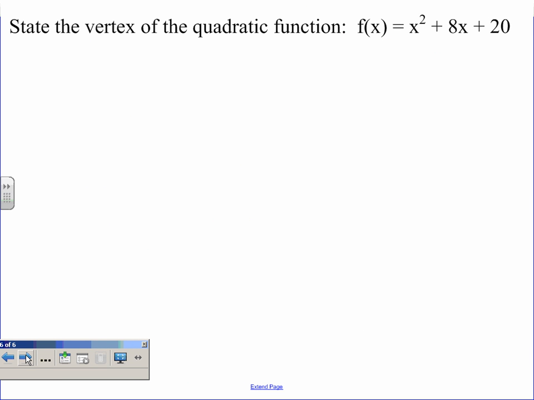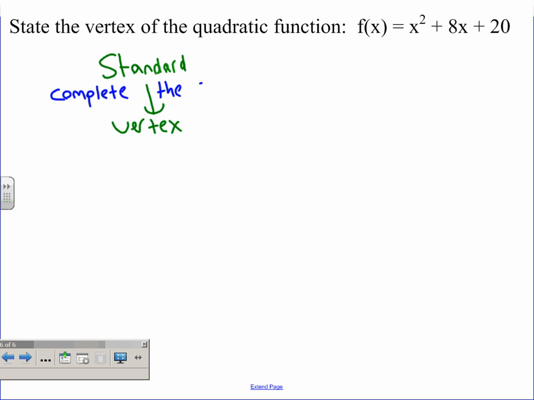All right, last up. If you want to state the vertex of a quadratic function, you need to convert from standard form, which is what it's in right now, to vertex form, which is what we want it to be in to be able to identify the vertex. So to convert from standard form to vertex form, the way I do that is by completing the square. So let's do it. Middle term is 8 divided by 2 is 4. 4 squared